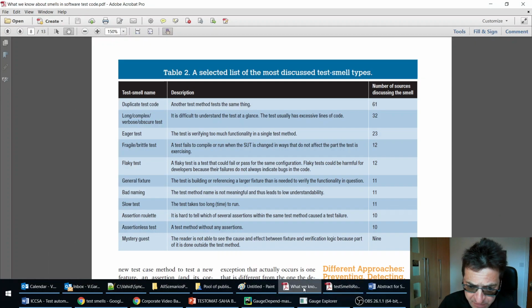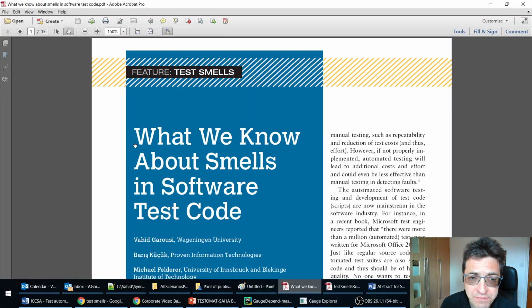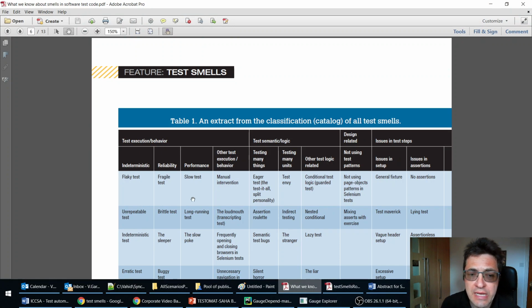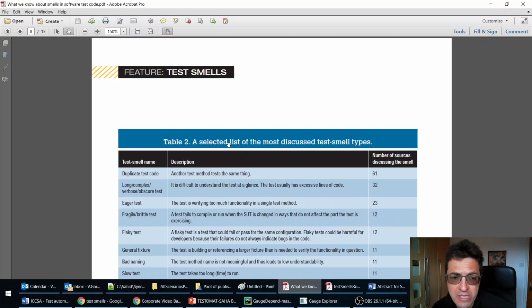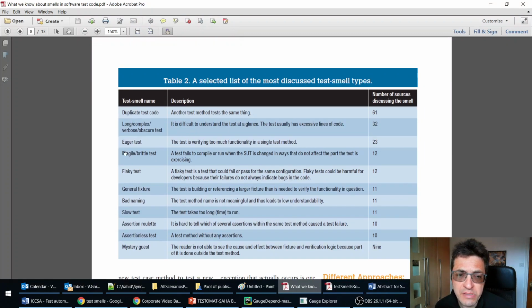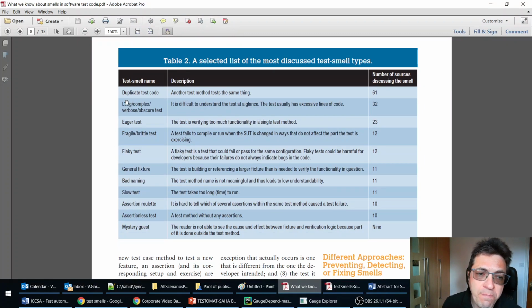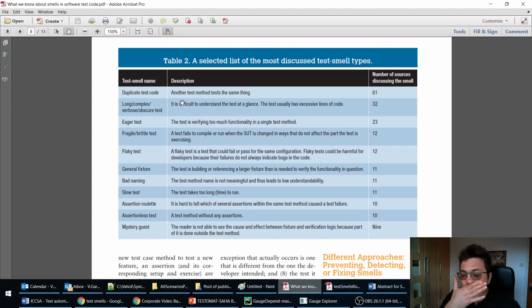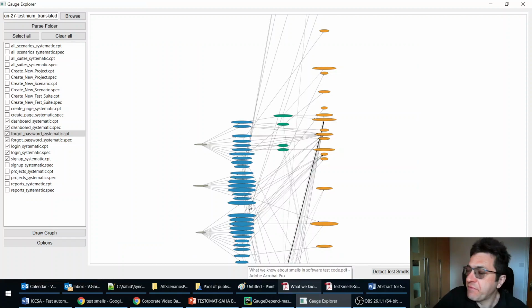There was also another paper that I was involved in a few years ago with two other colleagues, on what we know about the smells in software test code. We provided a huge catalog classification of test smells, more than 150 types. Some of the most commonly observed smells in practice are duplicate test code, long and obscure test, eager test, fragile test, and their explanations. So to address all of this, we developed a kind of visualization tool